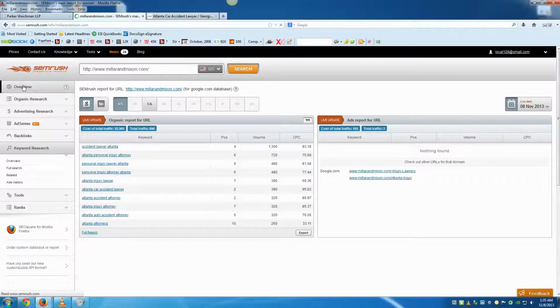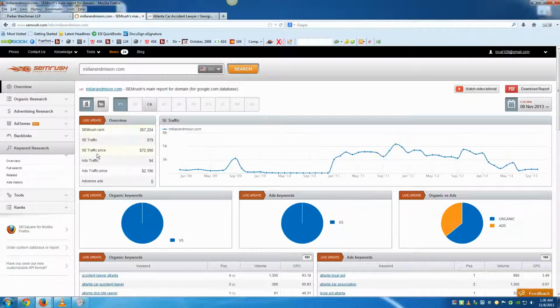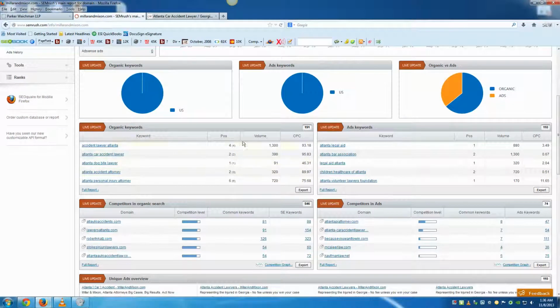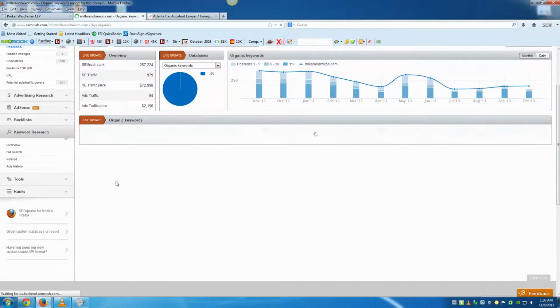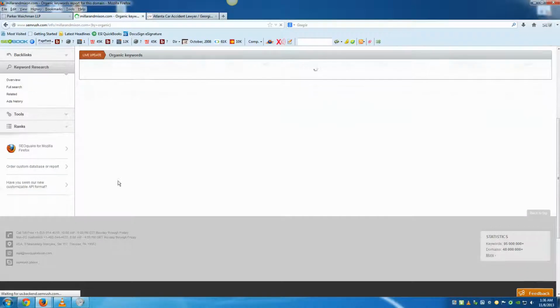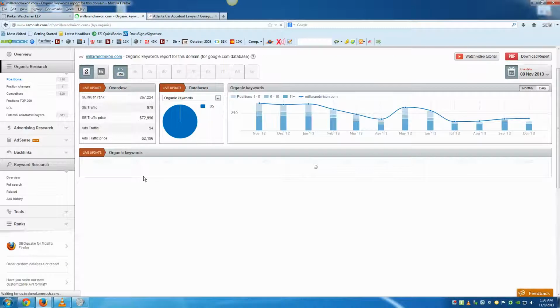So if I click on overview, this site has a value of 72,900. It ranks for 191 keywords. If I click on full report,